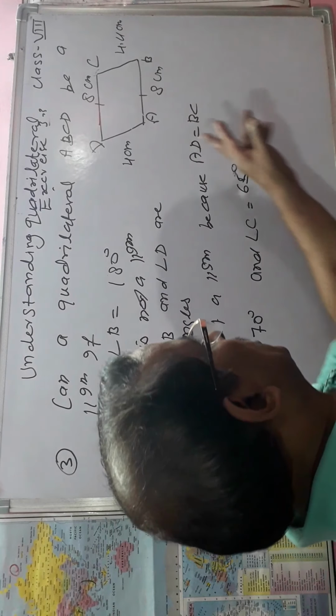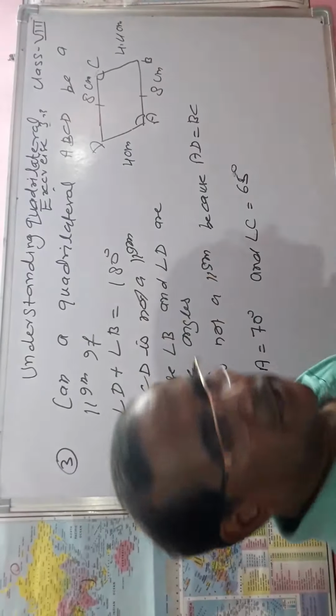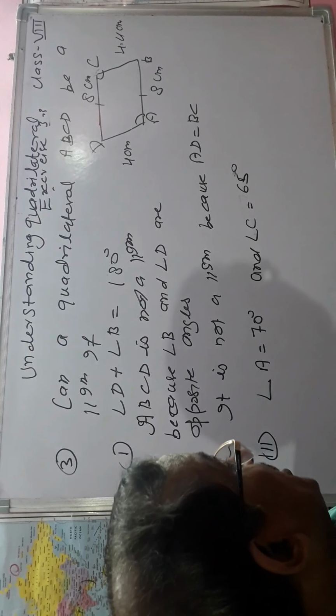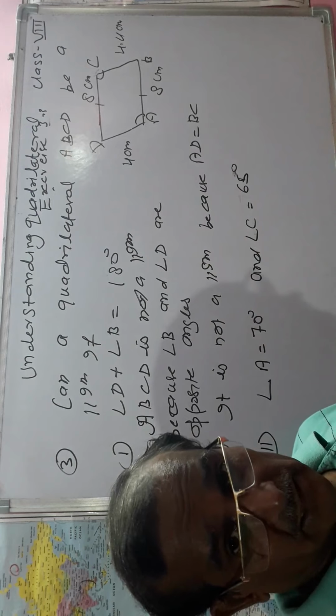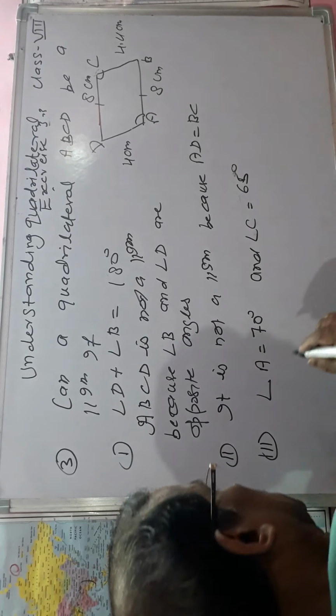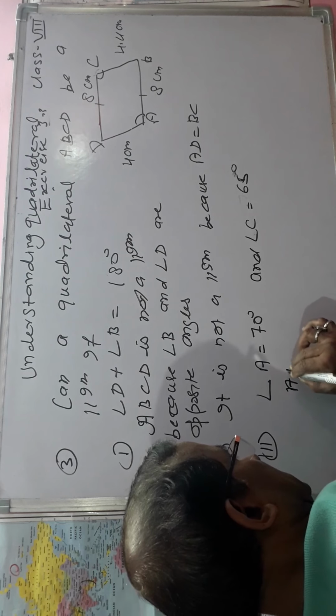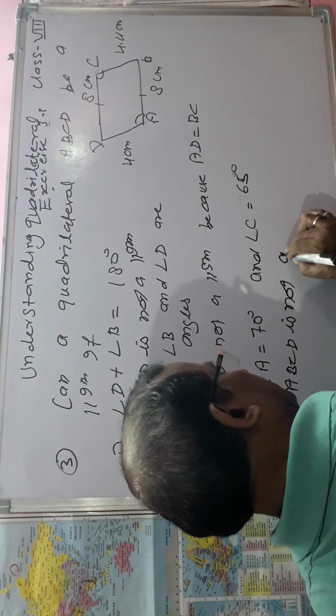Angle A is equal to 70 degree. This is 70 degree and this is 65 degree. How is it possible? If ABCD is a parallelogram, then opposite angles must be equal. Therefore, ABCD is not a parallelogram